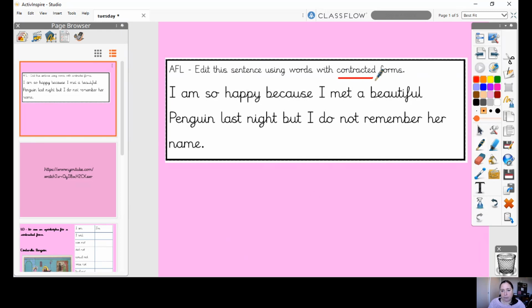Okay, so contracted forms is what we're going to learn about today. And contracted forms is when we join two words together to make one word. And this is because it's quicker to say things with contracted forms. So instead of saying I am so happy, we would normally say I'm so happy. So we would get rid of the A and we would add an apostrophe instead of the A. I'm so happy because I met a beautiful penguin last night, but I do not remember